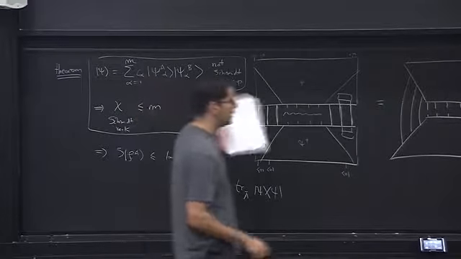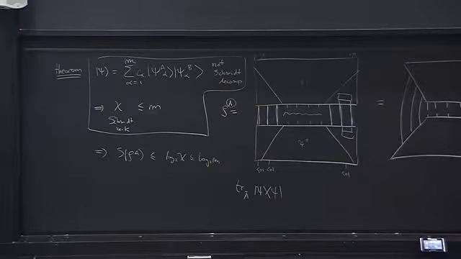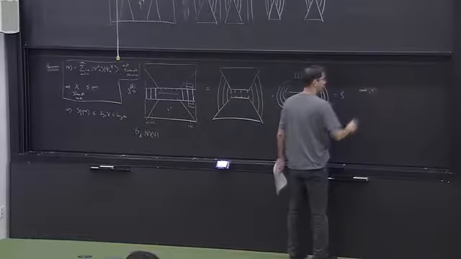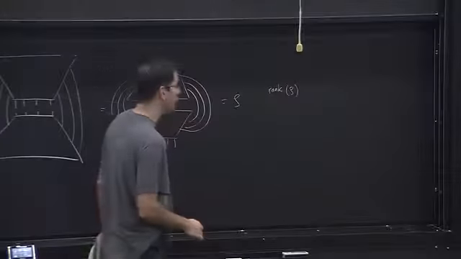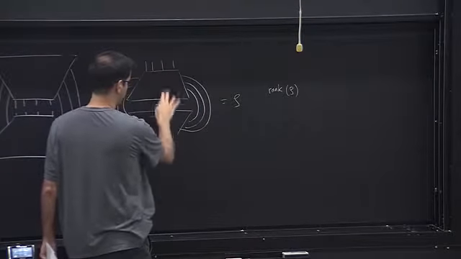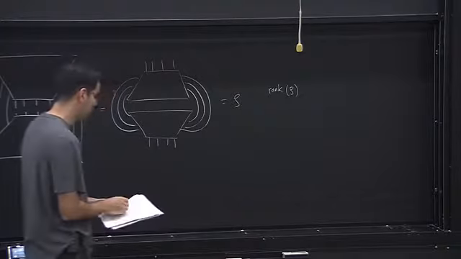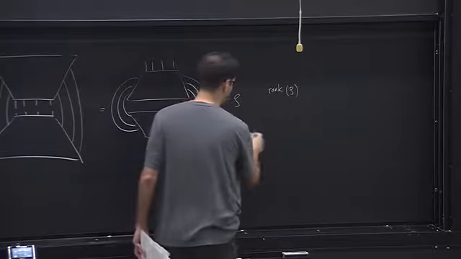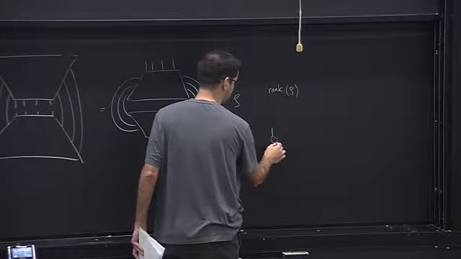And so there is an analogous result that says that the rank of rho is upper bounded by how many connections you have between the upper part and the lower part. So basically, if this is rho, if I can represent rho